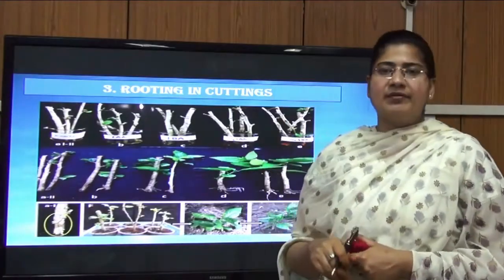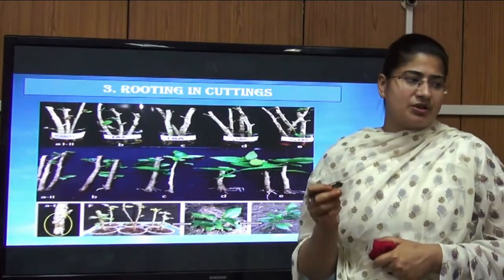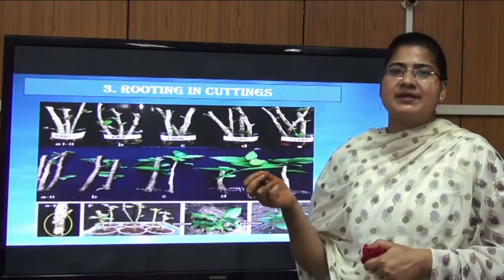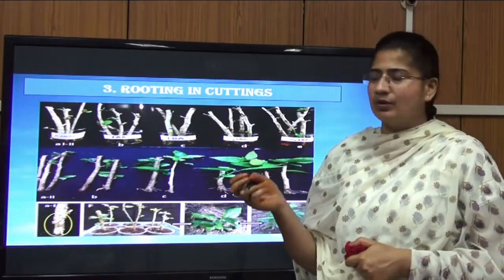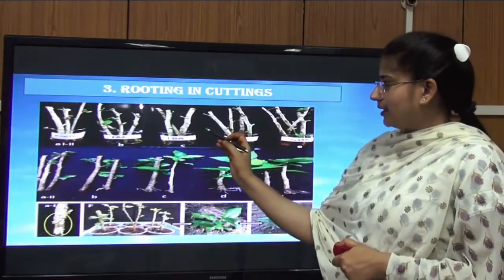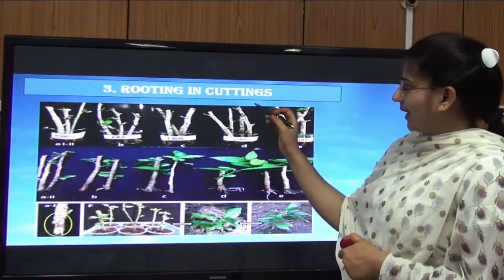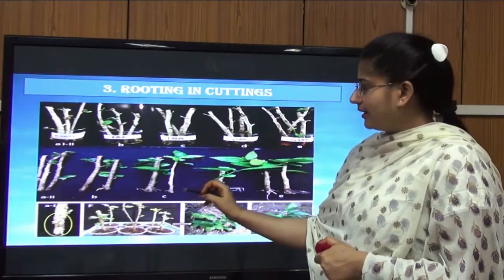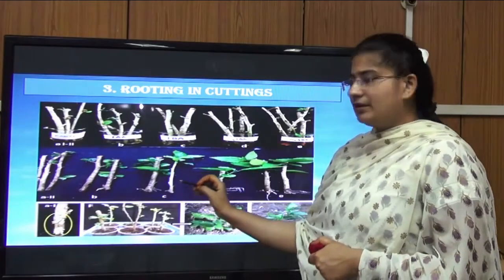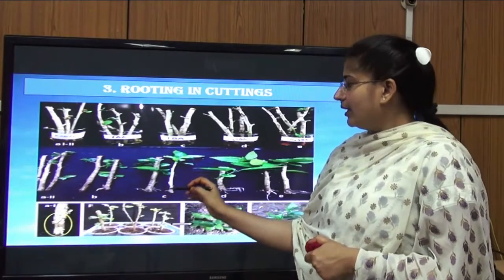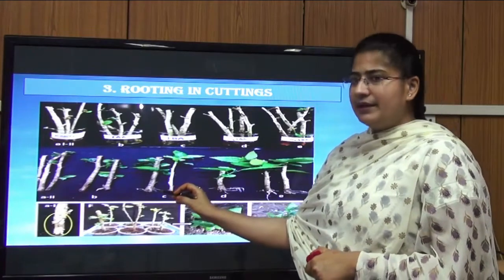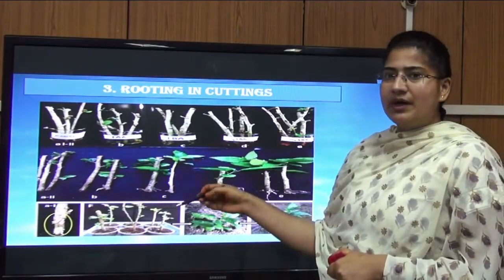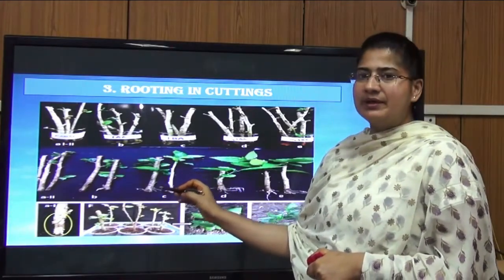Now the third important developmental role of auxin is induction of rooting in cuttings. These are cuttings of plants which are propagated vegetatively, like rose and mango. Here you can see these cuttings, and if you apply auxin in lanolin paste at the basal end, then after some time the roots will emerge. These are the lateral roots, adventitious roots. First of all we apply auxin here, and then we tie it with a gunny bag and provide moisture. Then in 3 to 5 days, or within a week, there will be formation of adventitious roots.